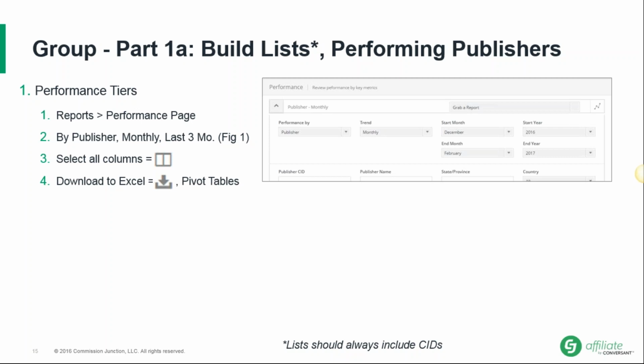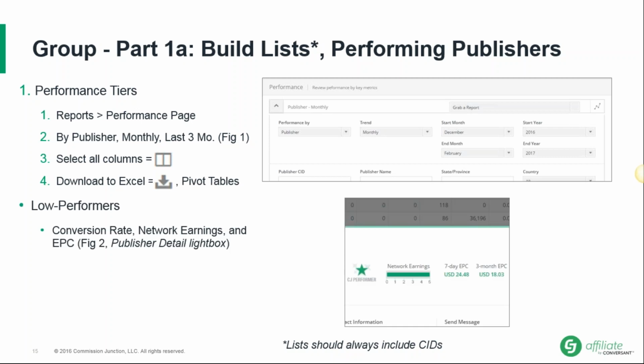On identifying low performers, there's some light dispute over whether or not including these is worth it, since they aren't actually inactive publishers. But in my experience, there are telltale signs in the numbers to know their performance is ripe for activating. First, they've got a good conversion rate. This means that of the clicks they do send you, a strong percentage of shoppers complete the sale or lead, especially if they're driving at least 50 clicks per month to be a big enough sample size.